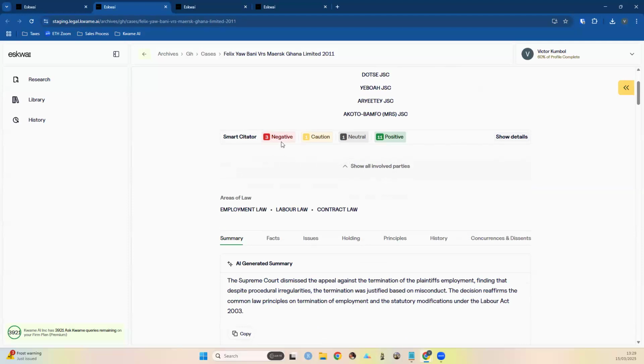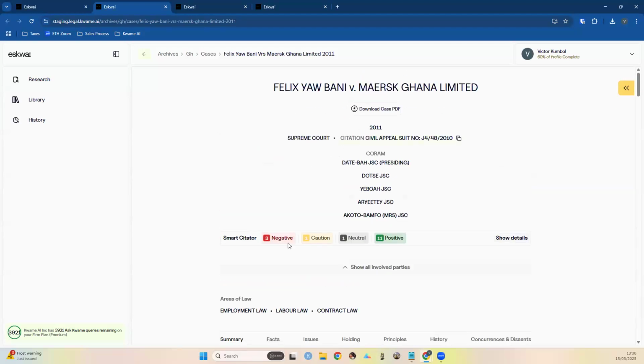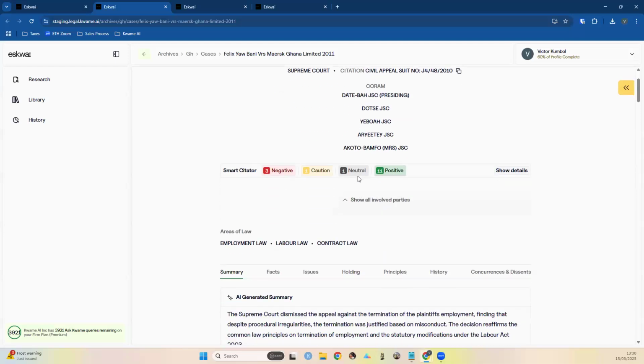So it means there are 3 cases where the courts viewed some principles from this case negatively, there's one case where there was a caution. I'll explain what caution, negative, and neutral mean in a bit. There's one case that is a neutral treatment, and that's 11 where it's positive, right? So